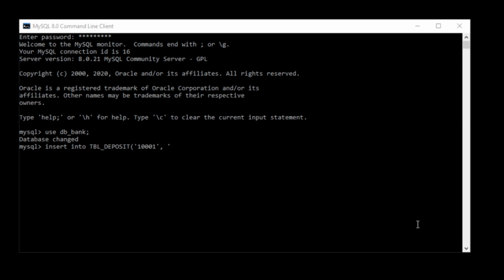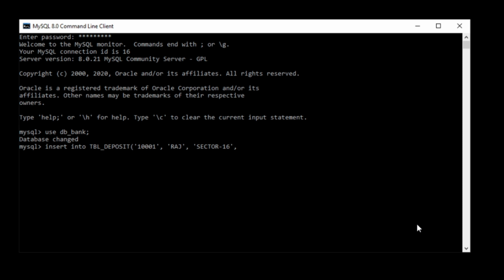The second is the customer name. They have Raj. The third is the branch name, which is Sector 16.